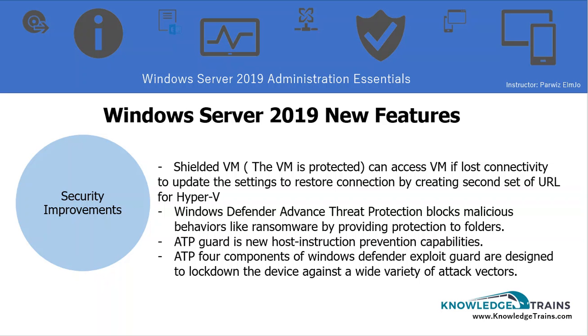But Advanced Threat Protection is a great feature which actually helps us block viruses, ransomwares. It actually provides us a great feature by providing different levels of security. For example, it provides us attack surface reduction, network protection, controlled folder access, and exploit protection, which you can